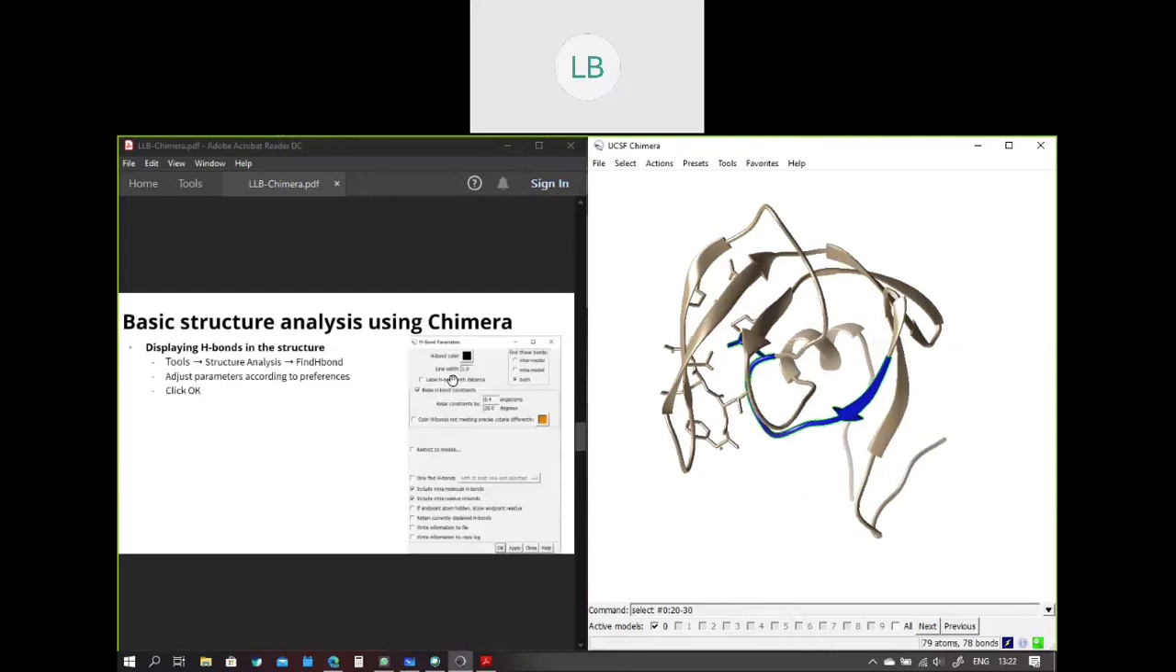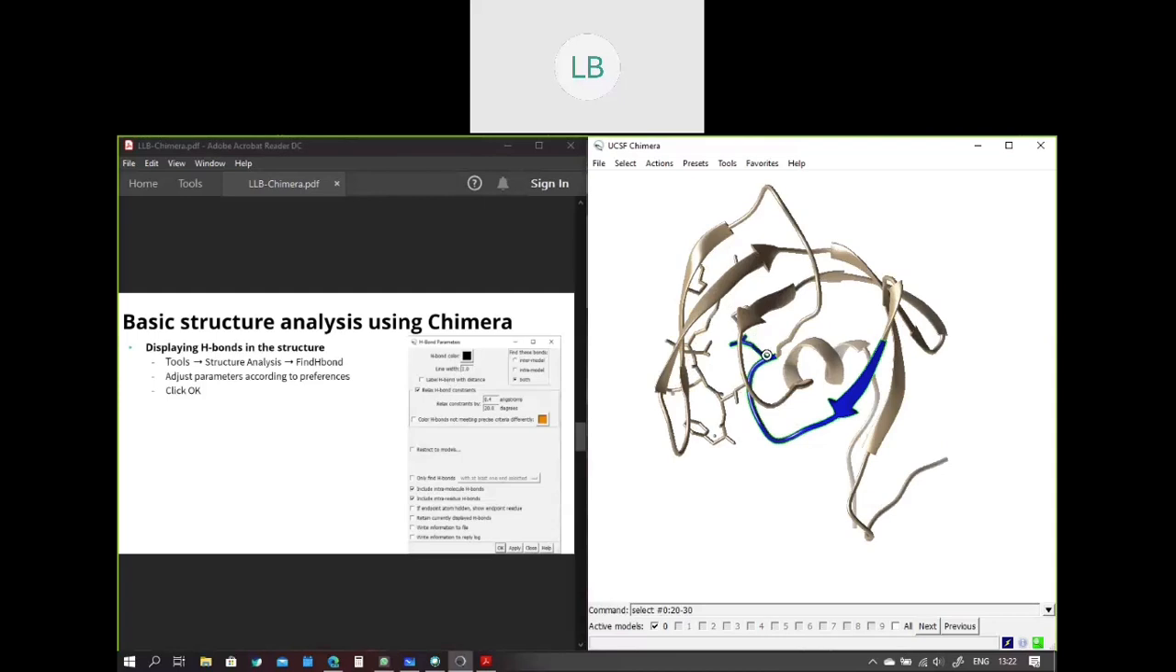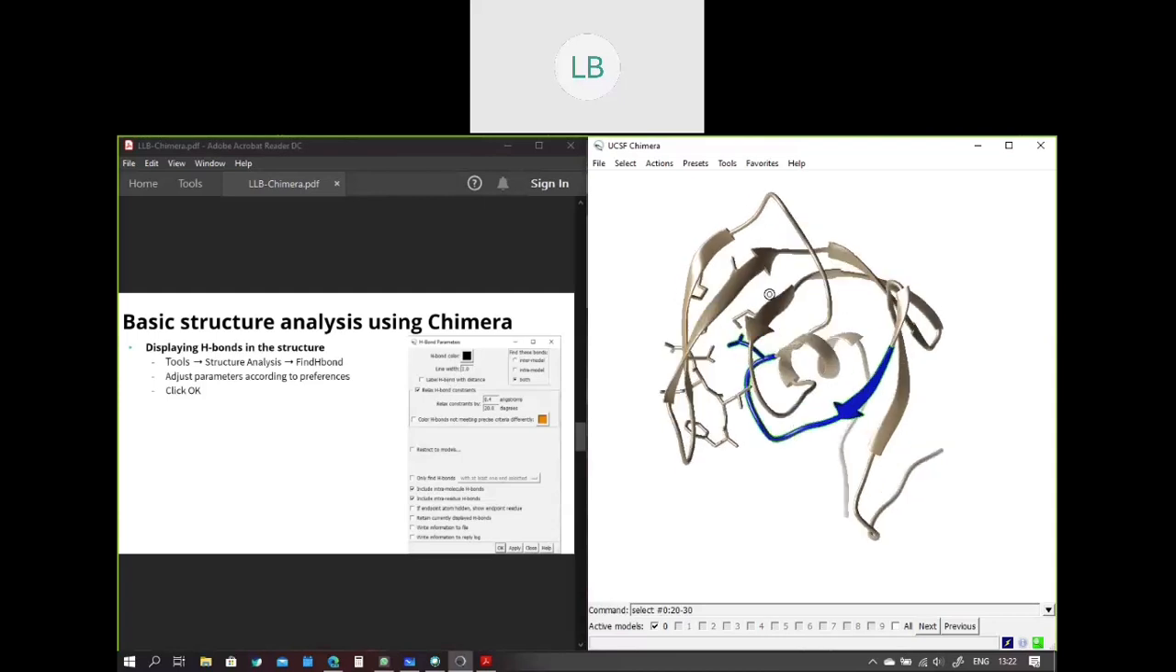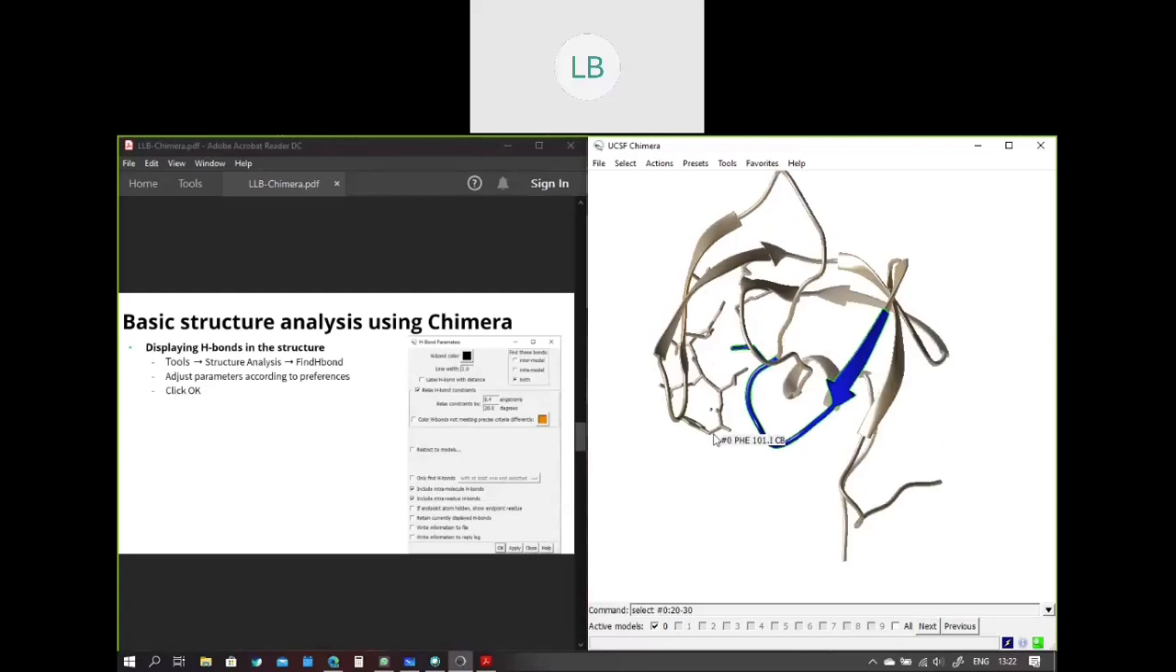Since we are done with the basic representation and selection, all those sort of basic stuff with the Chimera, we'll move on to the structure analysis. So there are a lot of ways to do the structure analysis with the Chimera. Unfortunately, we don't have time to cover all the tools, so I'll be covering the most important ones. One of